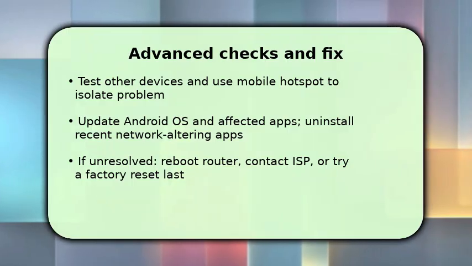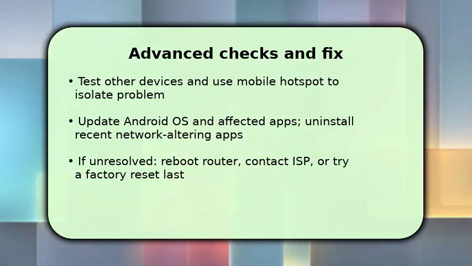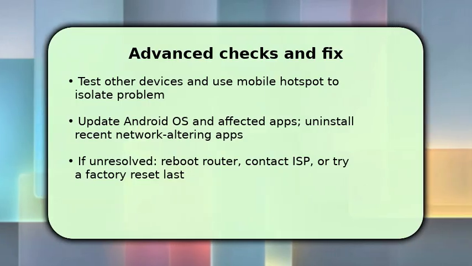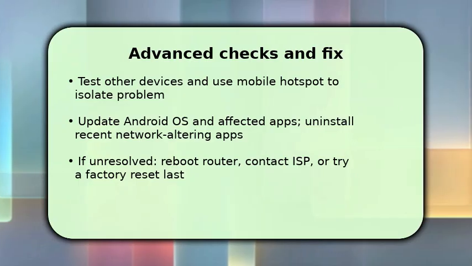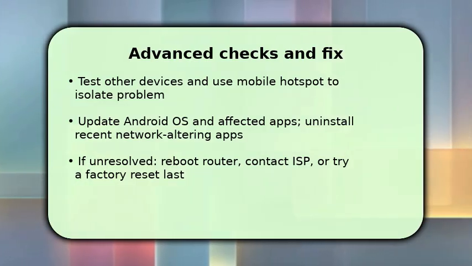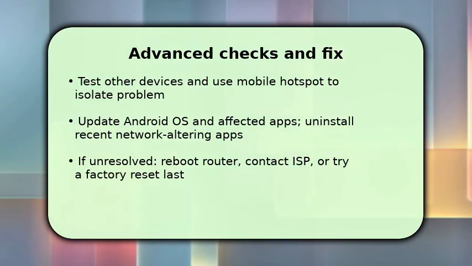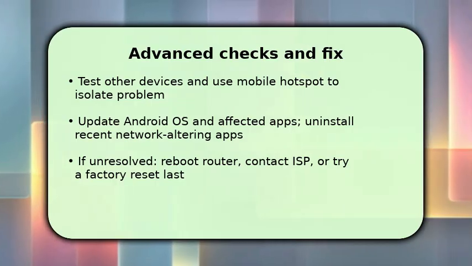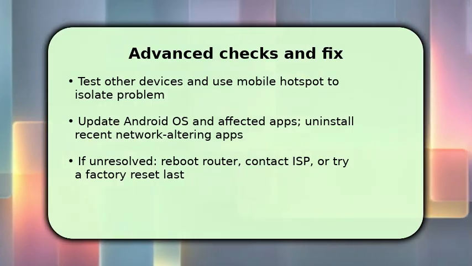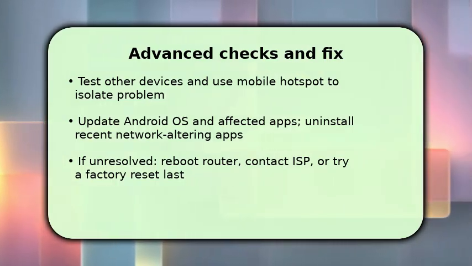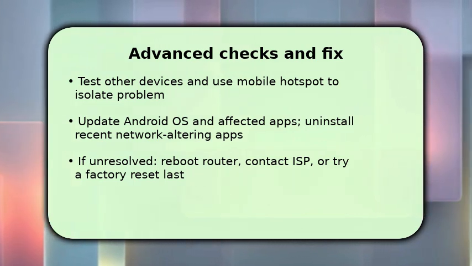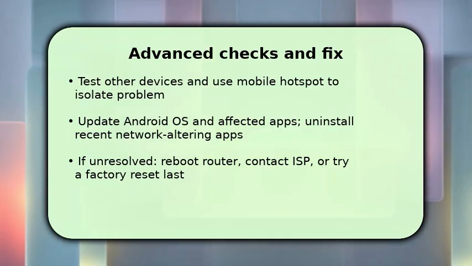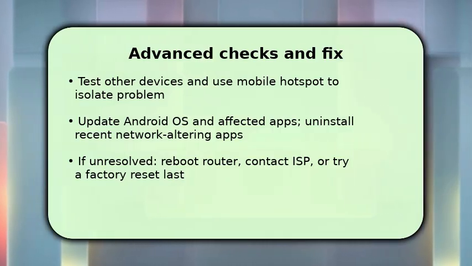Use another device on the same network or create a mobile hotspot to see if the problem follows the phone. If other devices work, update Android and the app, and uninstall apps that modify DNS or network behavior because they can cause conflicts. If nothing changes, reboot the router, contact your ISP to check DNS propagation, and only then consider a factory reset. Tip: if the error persists after these steps, test with a public DNS and note the exact error timing for